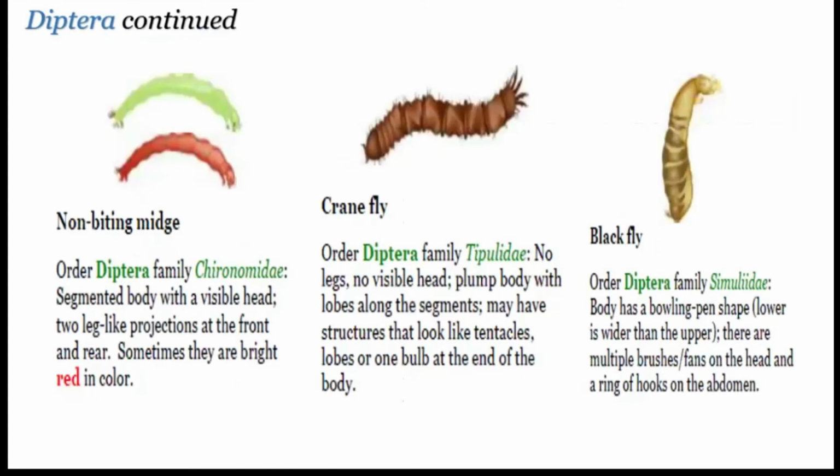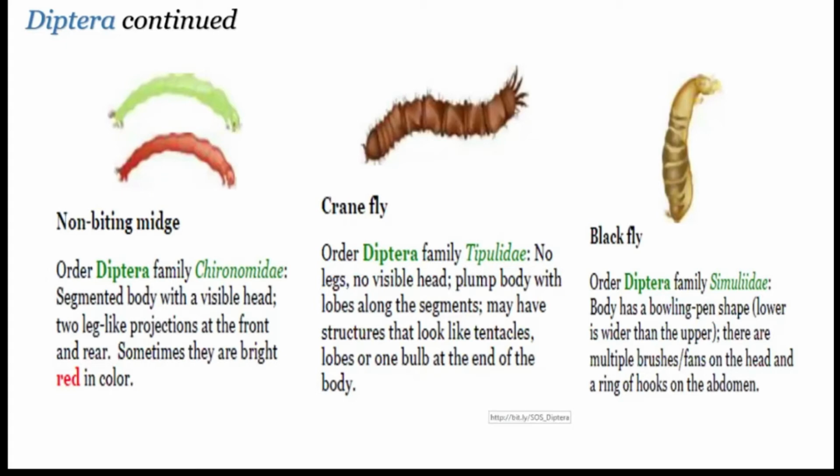Just a few of them that we commonly collect: non-biting midges, chironomids. They're difficult to identify, primarily because they're very, very small and hard to see. So in your collection pan, if you see a tiny little thing that looks almost like a thread that doesn't have any legs on it, most likely that's going to be a chironomid. And especially if that thread is red, that's definitely a chironomid. Also, their movement is very erratic and they tend to wriggle around a lot, so you can tell them that way as well.